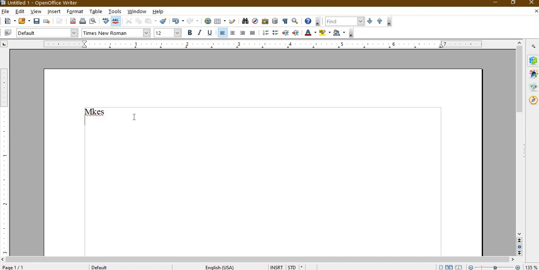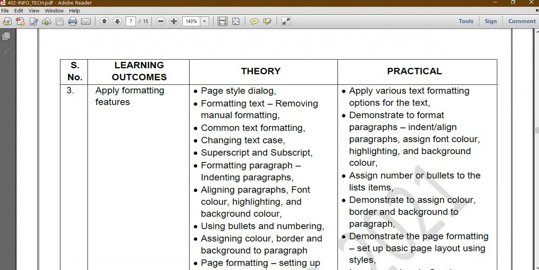By default it was off, so now I have switched on the feature. Suppose I am typing anything, it is getting underlined with the red color because it is showing a spelling mistake. So this is the default style.